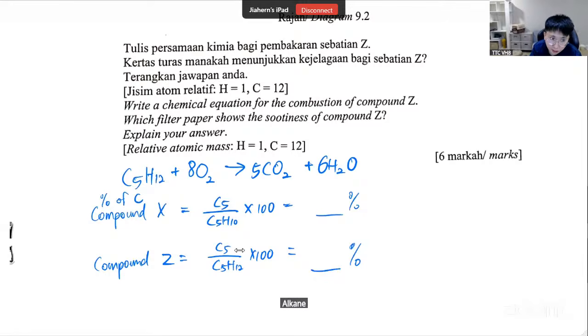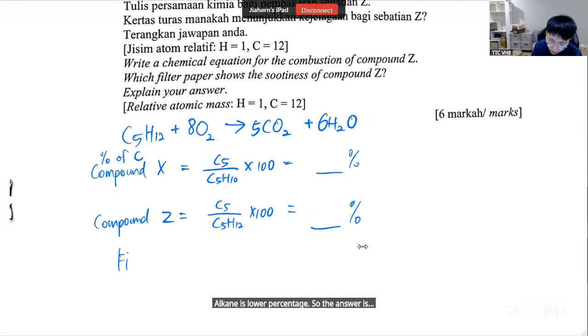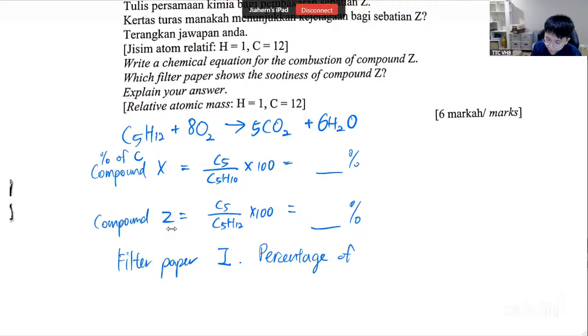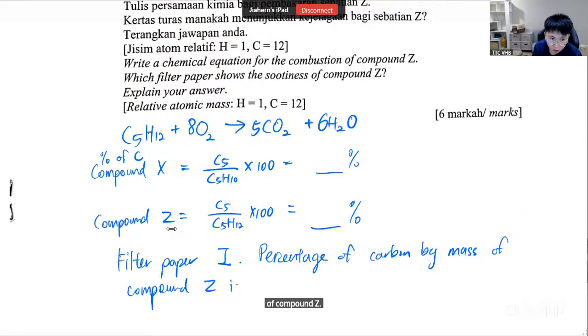Alkane is lower percentage. So the answer is filter paper 1. Filter paper 1 is supposed to give you less soot. Compound Z is supposed to give you less soot. Okay? But why? We say the percentage of carbon by mass of compound Z is lower than